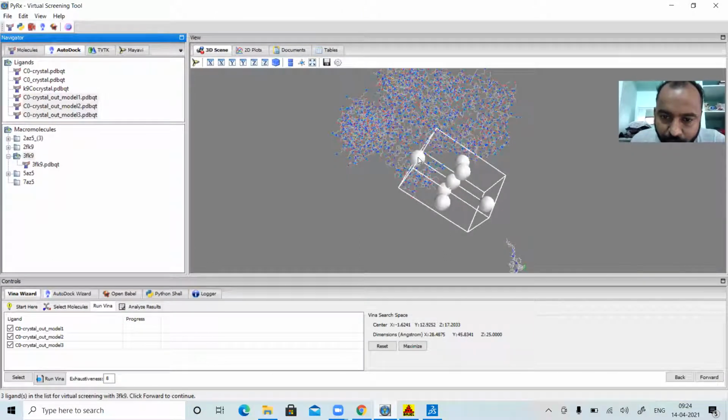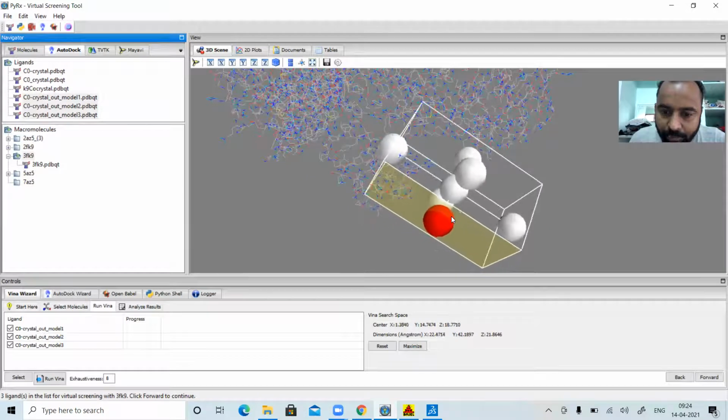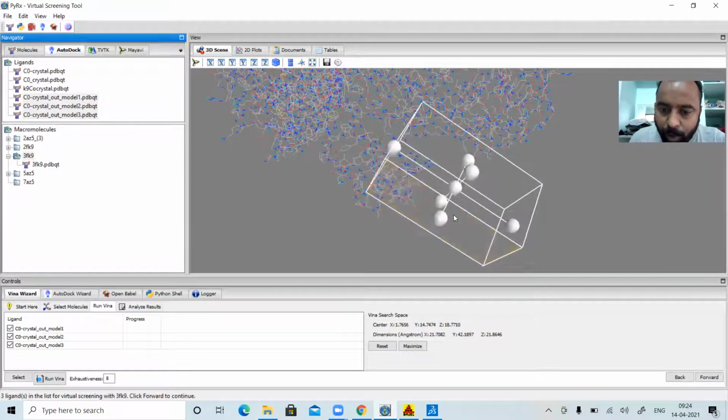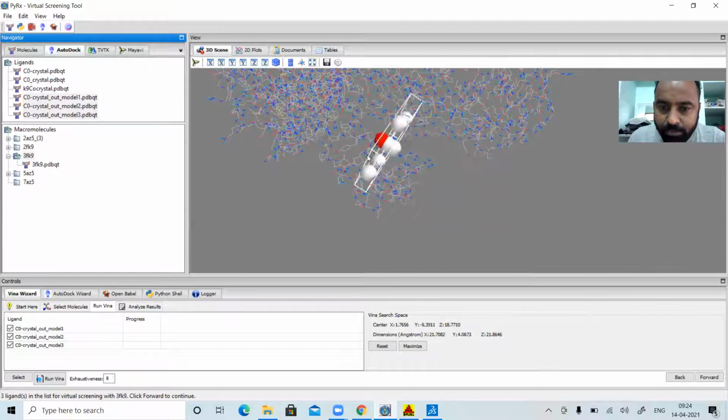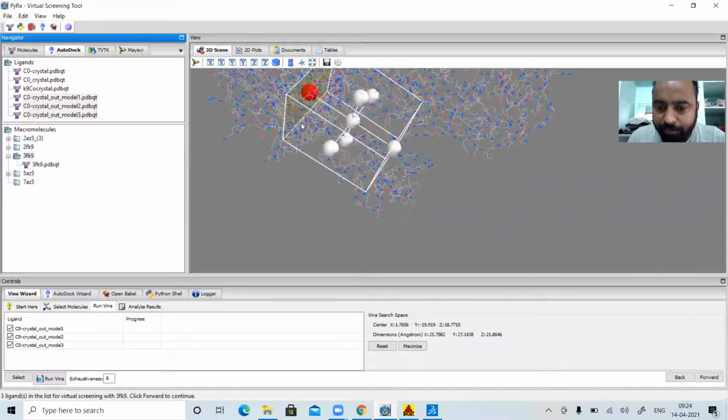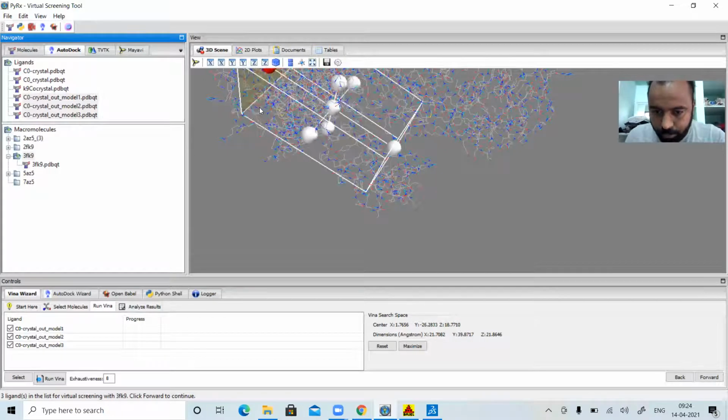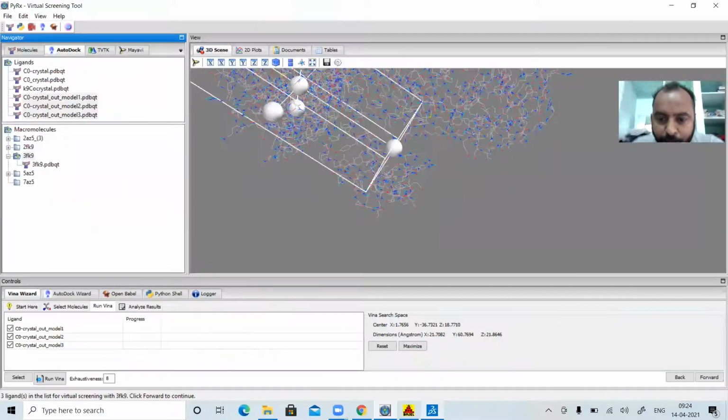The x is 1.4569, so I am changing it. You can do it up to 1.5. Okay, it's okay. Now the next coordinate is minus 36.84. Now I'll try to change this. Yes, it's getting changed. Minus 36.84. Yeah, I am getting my grid coordinates changed. Okay. Yes, I got 36. Now my Z coordinate is somewhere around 20.512.